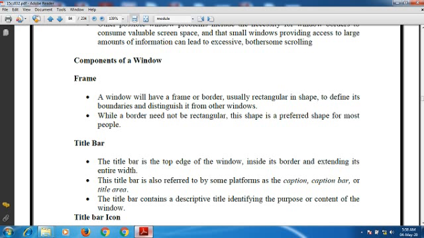Some inconsistencies do exist in the element location between different systems. However, there are also some differences in what the elements are named and what graphic images or icons are chosen to identify them.